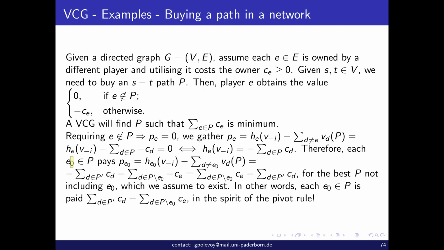Now, therefore, we conclude that an edge which is on the path, let's denote it by e0, has to pay, again, h_e0 of the other values minus how much the other edges value the chosen alternative, this path. What does that mean? What is h_e of this? We know that it is the minus of the sum of the cost